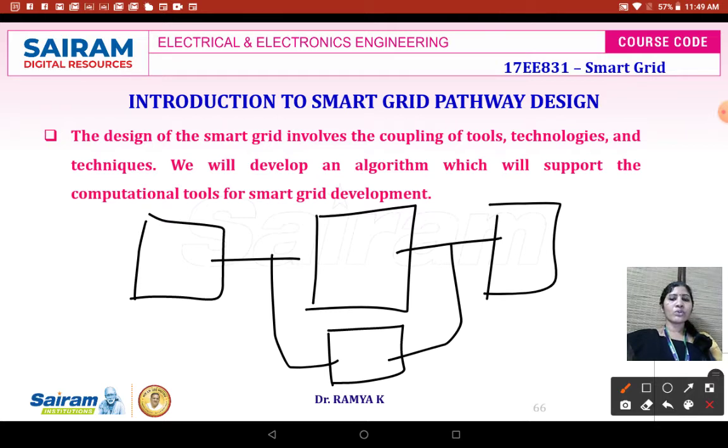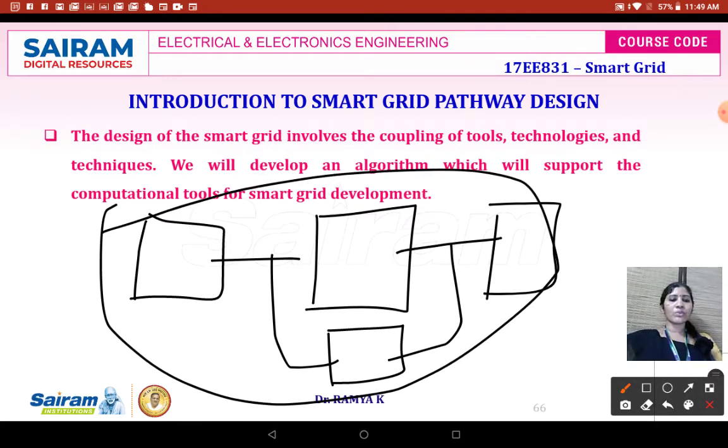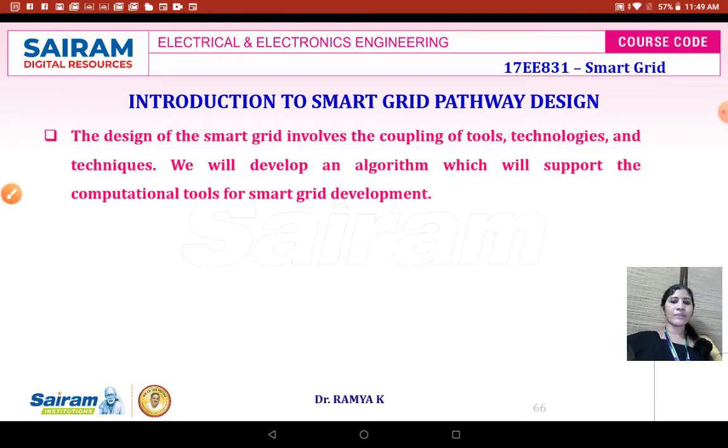To make the design concept complete in all aspects, we need to have a communication tool, computational tool, and also the corresponding smart grid implemented should be updated with the recent technology. We have to look into all the factors when we are going for the smart grid pathway design.